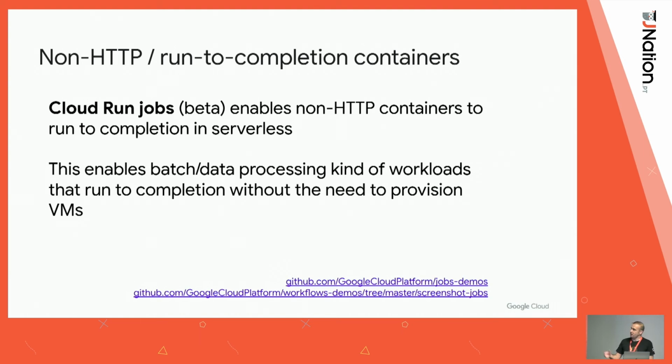And there's also a new thing called Cloud Run Jobs. So far, we've been dealing mostly with HTTP-triggered services. But let's say you want to do background tasks on a schedule. For that, there's now something called Cloud Run Jobs that enables you to run a container that's not triggered by HTTP. It just gets called, does its job, and when it's done, it just finishes. If you want what I call run-to-completion containers, there are options for that now with Cloud Run Jobs, and I think AWS has something like that as well.